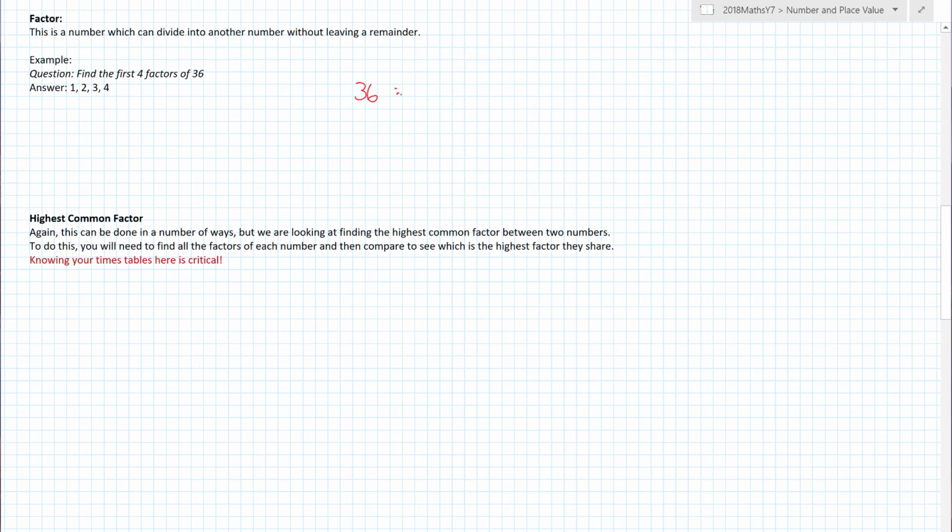Now, again, there's lots of ways of doing this. You can do 1, 2, 3, 4, 6, 9, 12, 18, and 36. Now, if you're really good at your times tables, you can just put these down straight away. Another way of remembering these is called factor pairs,